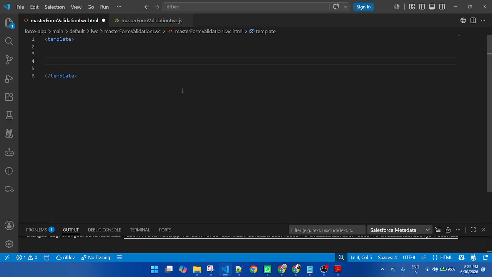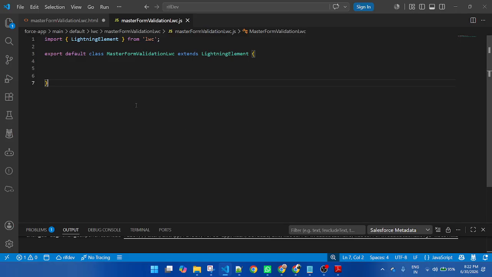Okay. So if you create a new component, the template will be a default template. You need to create all of the properties inside the template. And this is JavaScript. If you check the JavaScript, there are two types by default, import and export.